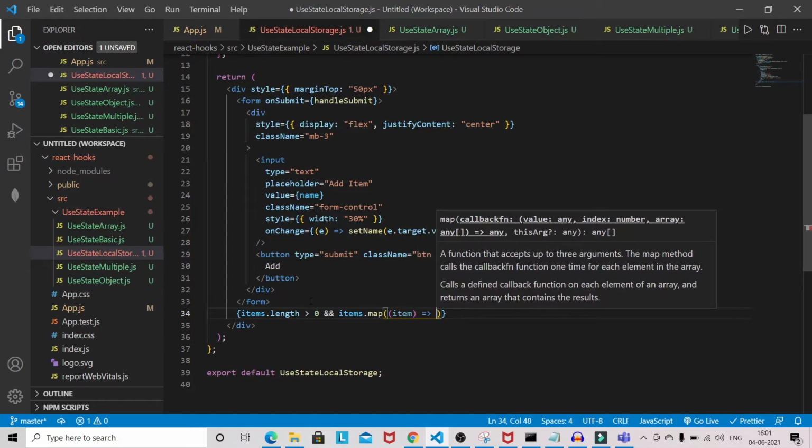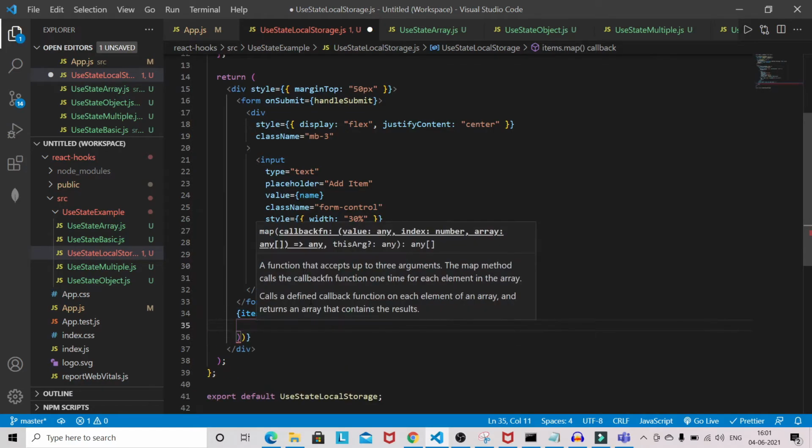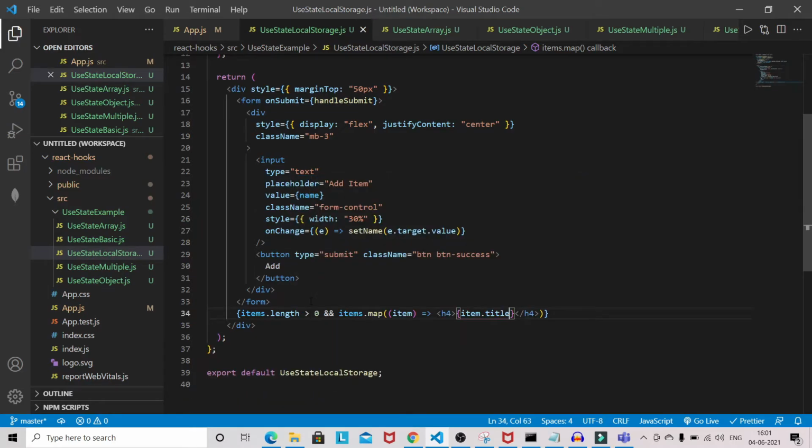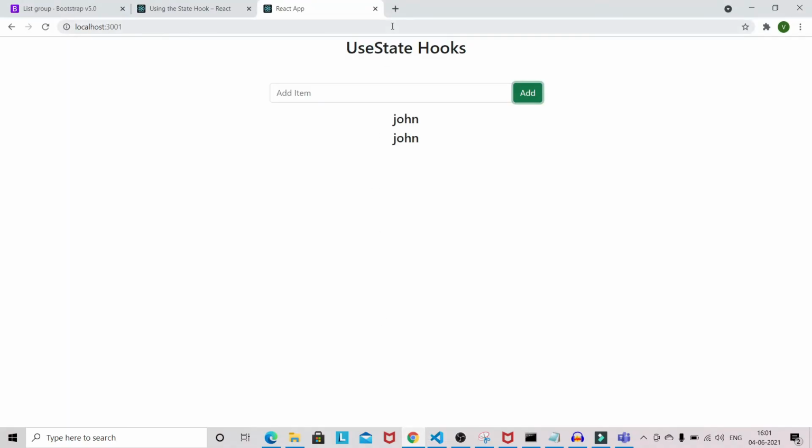Okay, so I will do h4 item.title. Let's see, now we are getting the item, as you can see already.